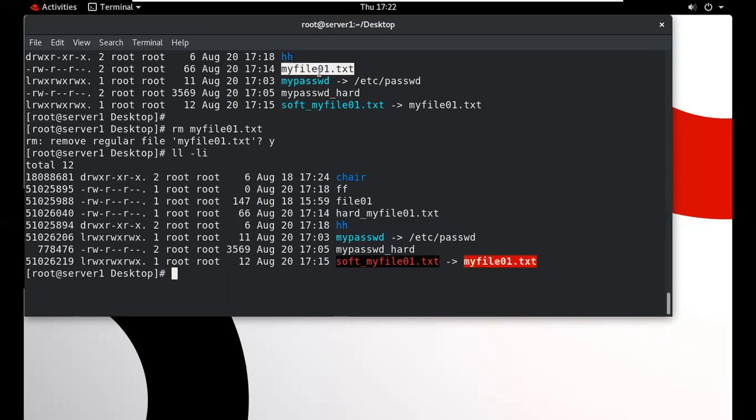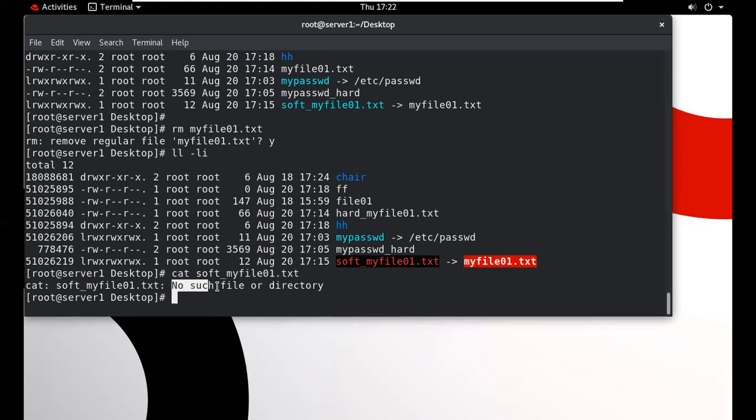When this file is deleted, your soft link will not work. See, when we want to see the content in this file, there is no content in it.